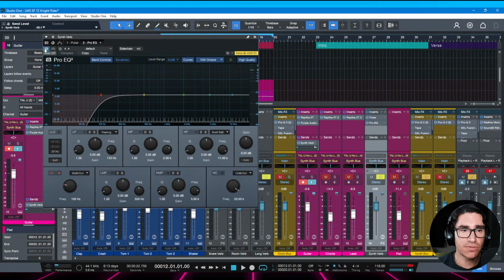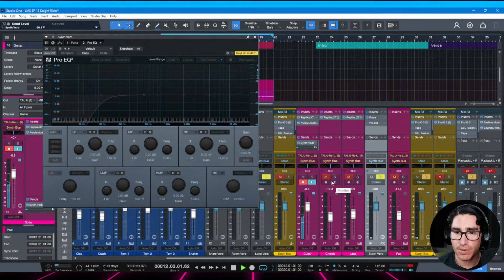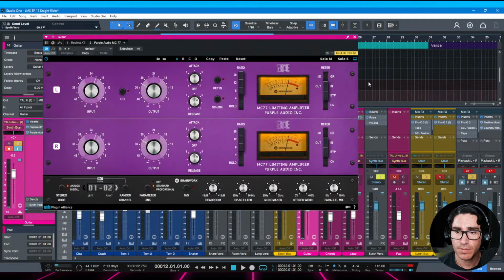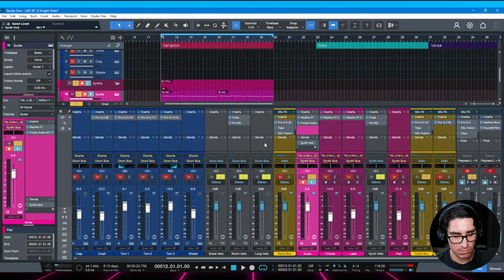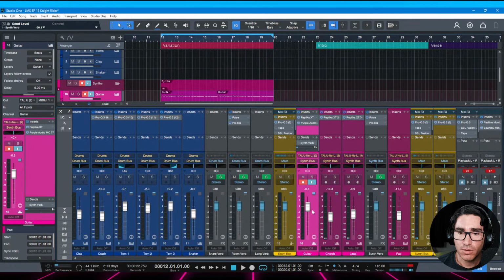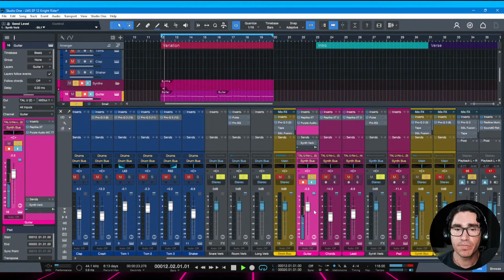Check this out. All right. Once again, guitar. It doesn't have a lot of low end, right? But if I send it to the reverb,